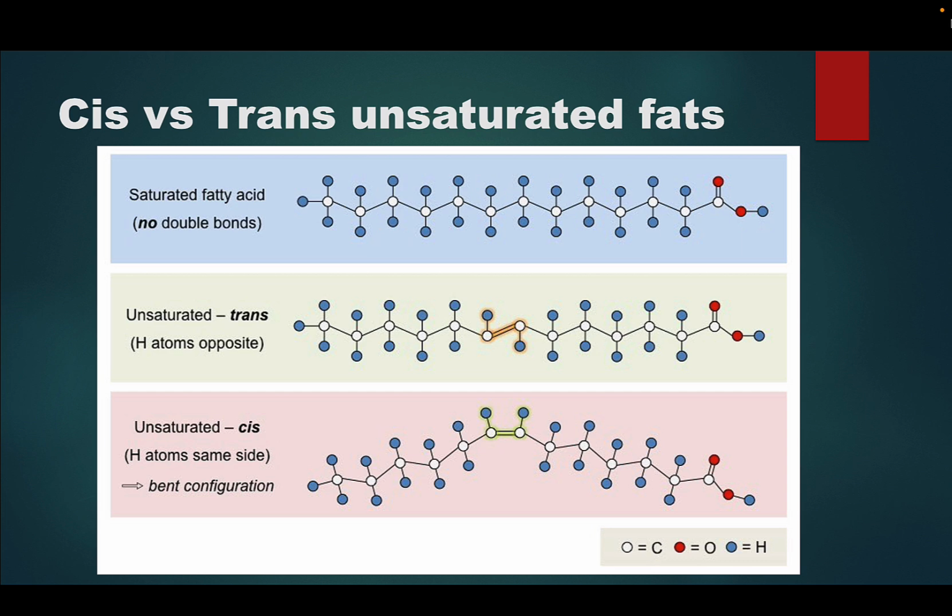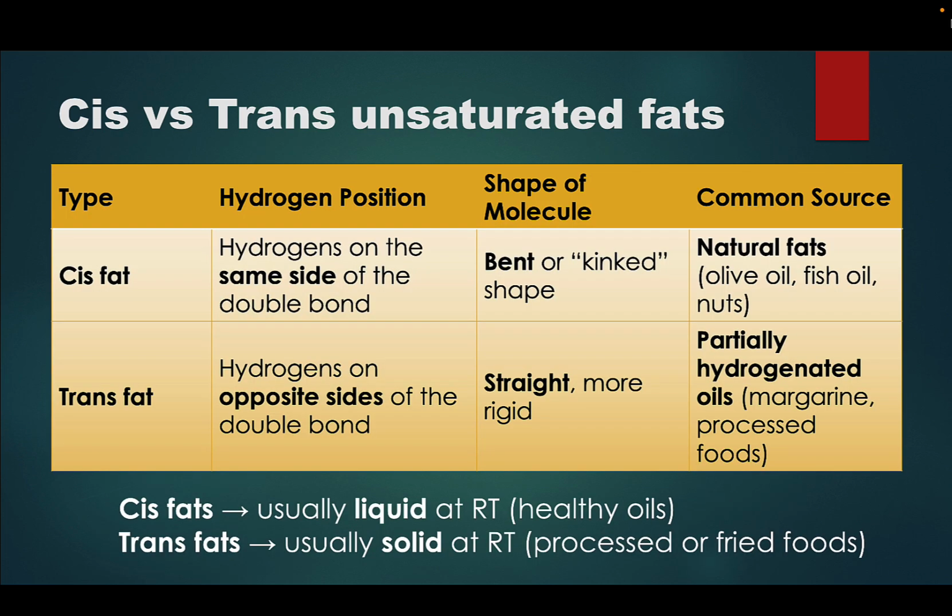But unsaturated cis fatty acid means that the hydrogens are on the same side, which gives this fatty acid chain a bent configuration. And so when we're identifying fatty acids by where their bulk is and their properties based on this bulkiness, having a cis versus a trans double bond makes very different chemistry. When we're looking at cis versus trans unsaturated fats, these are all unsaturated fats that are in foods or something like that. Most naturally occurring unsaturated fatty acids are going to be the cis variety,